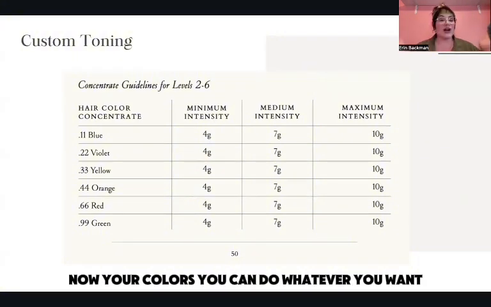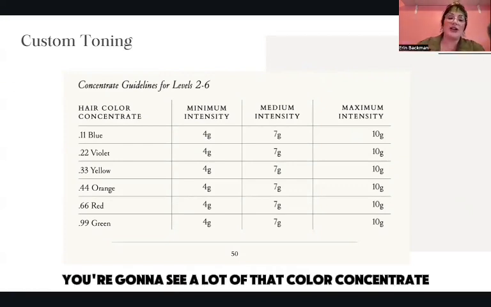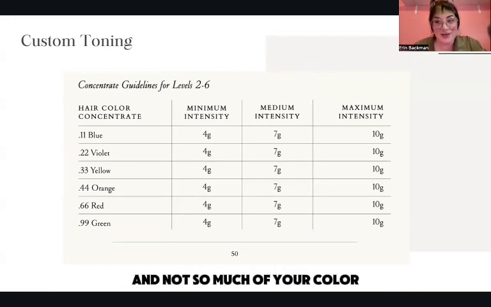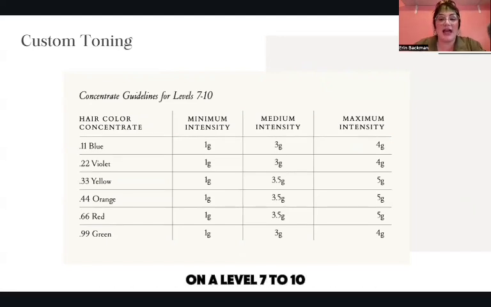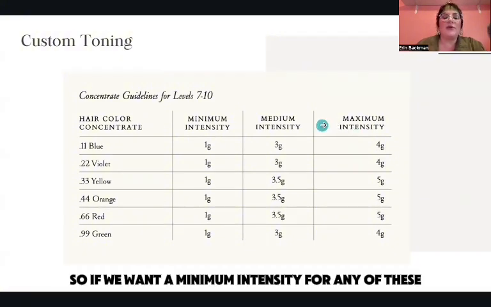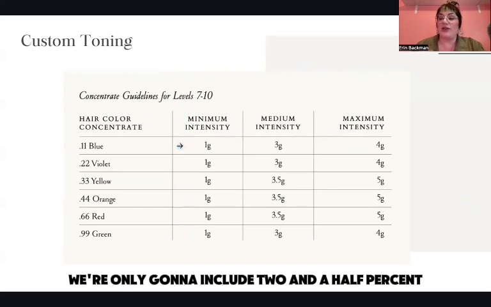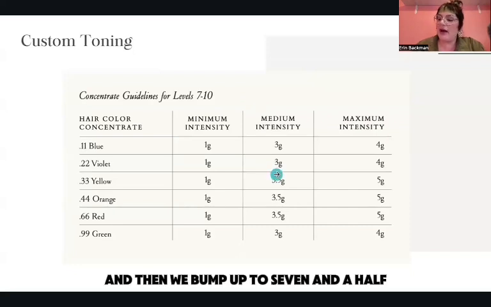Now, you're a colorist, you can do whatever you want. If you want to go more than 25%, just know that you're going to see a lot of that color concentrate and not so much of your color. Now, if we're using the color concentrates on a level 7 to 10, we have smaller percentages that we're putting in. So if we want a minimum intensity for any of these from a level 7 to 10, we're only going to include 2.5%. And then we bump up to 7.5